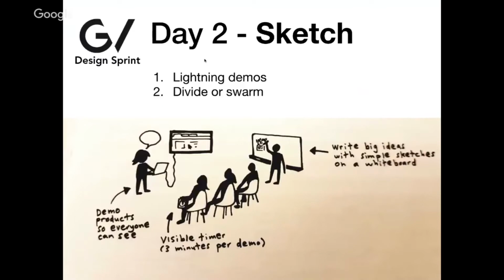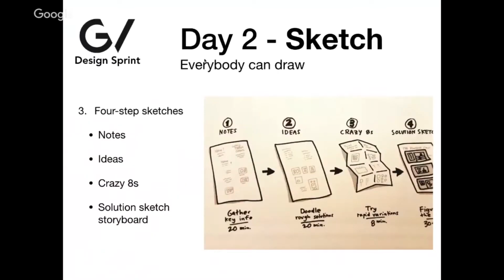Then we will start sketching. There are several exercises which will help us draw some ideas of the process we have drawn. I will not get into the details here. Just so you know, for example, in this one you will have 8 small fields and you will have 30 seconds for each of the fields. So it really tries to get something out of your head very quickly.